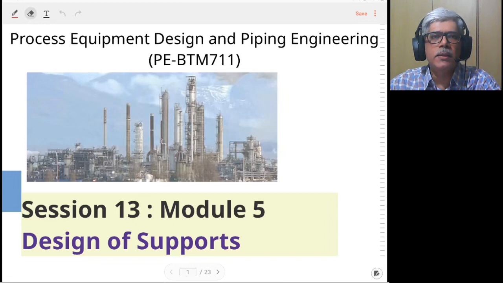In all support designs, the loading which is different and important is that of the wind loading, seismic loading, and in some situations no loading. So how to take care of this loading in the support design, we will see with an example with respect to the support for vertical vessels, specifically the skirt supports. We'll go into the detailed calculations for the skirt supports and understand how the design calculations can be done in a detailed manner. So let's proceed with the different types of supports which exist for the vessels.